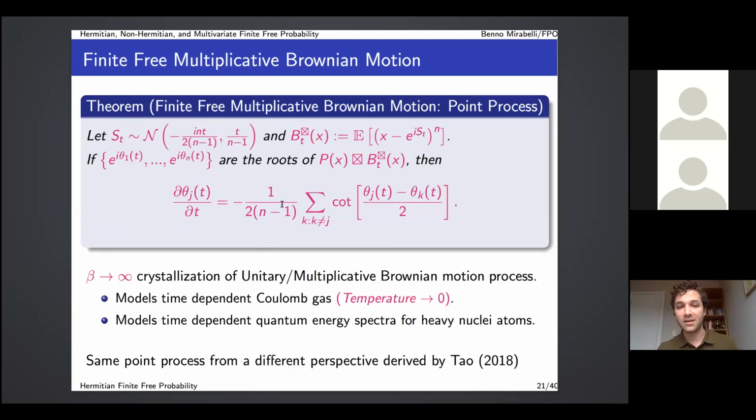And this, once again, might look a little bizarre, but it shows up in the literature. It's the differential point process of unitary Brownian motion, also discovered by Dyson to have connections to physics and random matrix theory. And this connection between polynomials and unitary Brownian motion was also previously derived by Terry Tao in 2018, also from a perspective of derivatives, differential operators on polynomials, not from this finite free or matrix perspective necessarily.